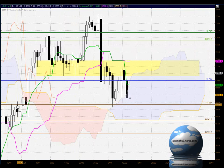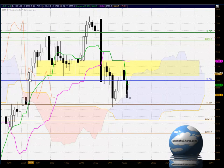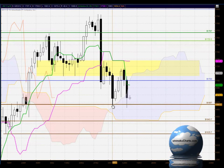We can see here, previously in the recent past, the shadows on the top of these candles, where there was a downside price rejection and the buyers losing commitment around there, and then all of a sudden it turned into support. We saw the sellers losing commitment around the 1667 level, and over the previous few days we saw the market testing around there and the sellers losing commitment. Today the sellers have lost commitment,